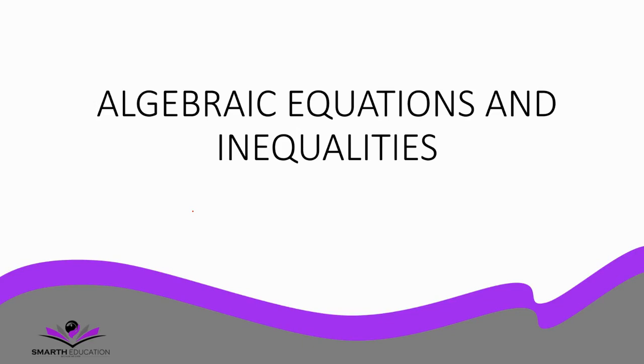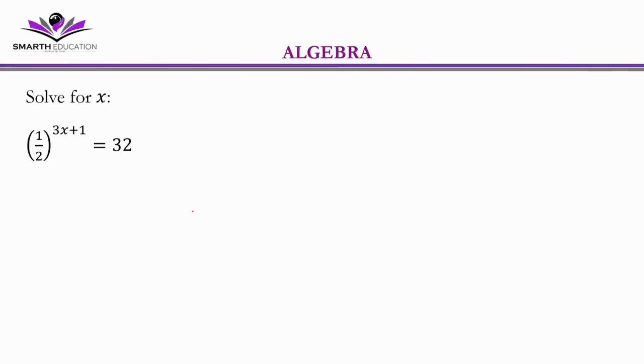Welcome back. Let's do question 413. Solve for x. We're given the exponential equation. We have to write 32 as a product of its prime factors. So this is (1/2) to the exponent 3x plus 1, is equal to 2 to the power